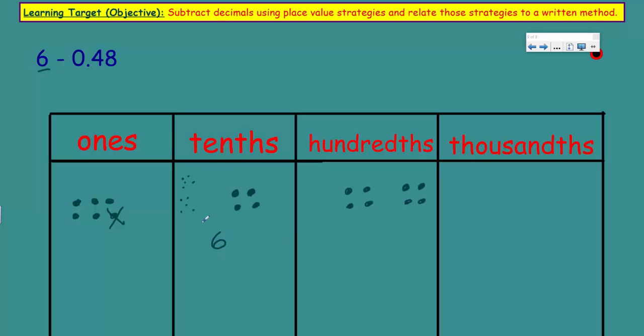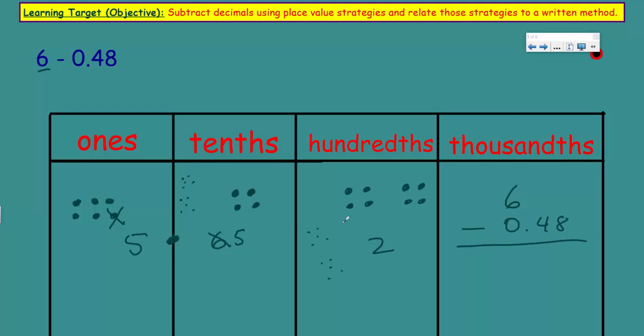What he's going to have to do is get this 6 and turn that into a 5 and give 10 hundredths to this guy. So now he has 8. That's going to leave 2. So we end up with 2, 5. Here's our decimal place that I didn't put in, and we have 5. 5 and 52 hundredths. Let's see if that's true. We'll write that right here. 6 minus, and look at here, we have